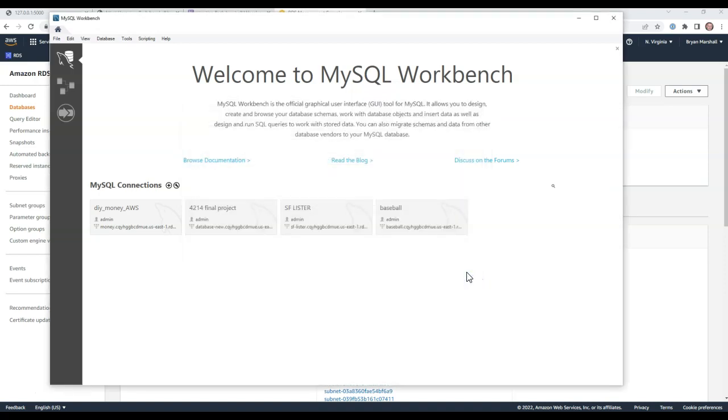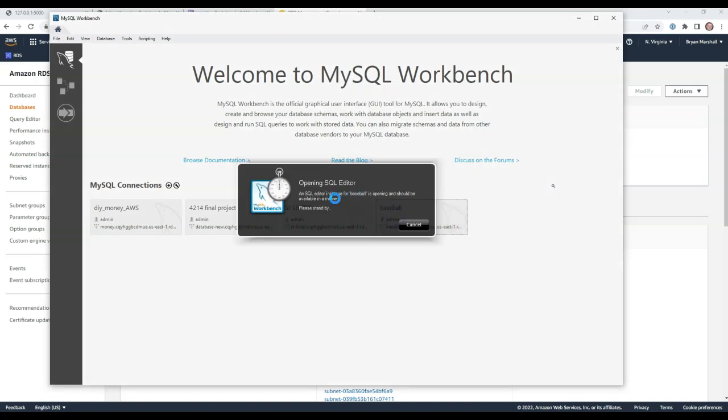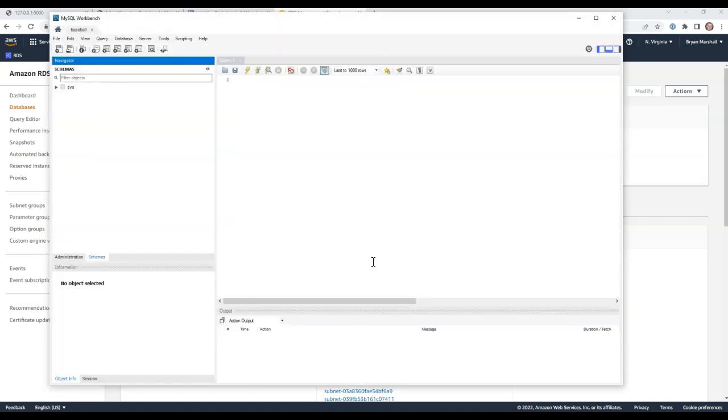OK. All right, now we're going to have 3 tables in this, right? So it should be opening up, but let's just see, just in case it doesn't. Let me click on it and see. It says open up SQL editor. All right, there we go. So right off the bat, this is what I see. I might actually see administration, like so. If that's the case, you just click on schemas. Okay, I'm going to come over here to the little drop down, and I'm going to click on tables, and